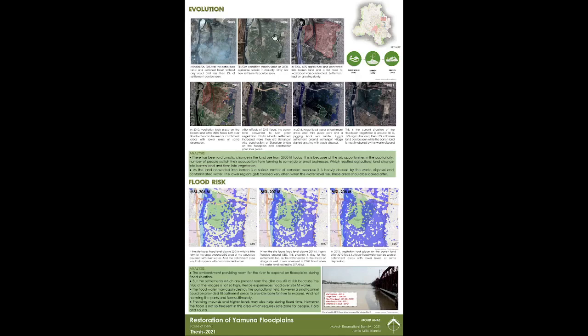Then coming on to the evolution part, this is the condition in 2004, where all the area is farmland, and this is the restricted forest. Then it can be seen in 2006, after people left farming, this area became barren, and after the 2010 flood, vegetation developed over here. Then in the 2013 flood, water catchment can be seen, and in 2019 green area has been developed. Then after 2018, the green area has reduced because the barren land has increased.